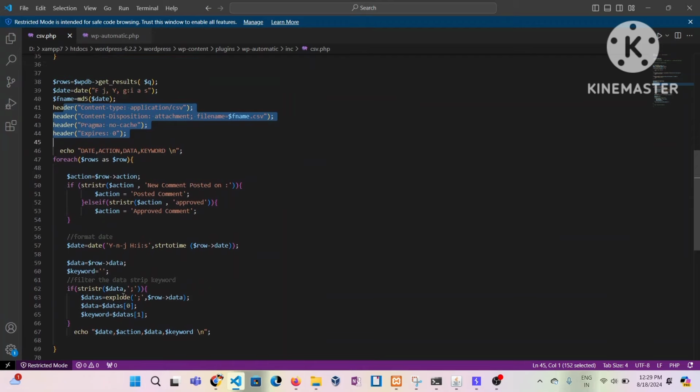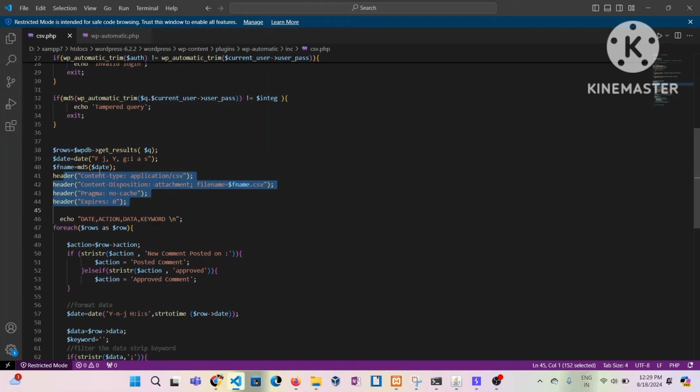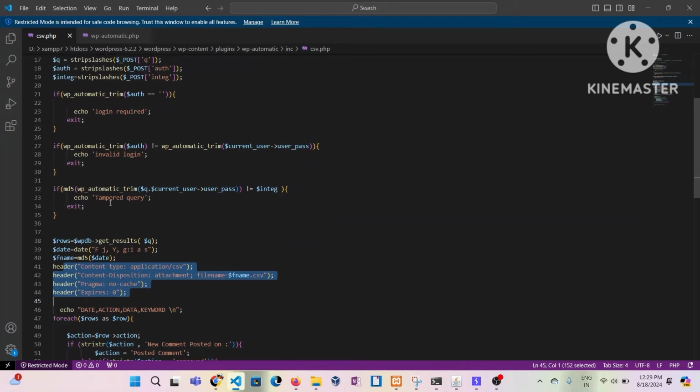Okay, and yes, this was the valid portion, and we should be returned with a file name .csv based on our query. Okay,